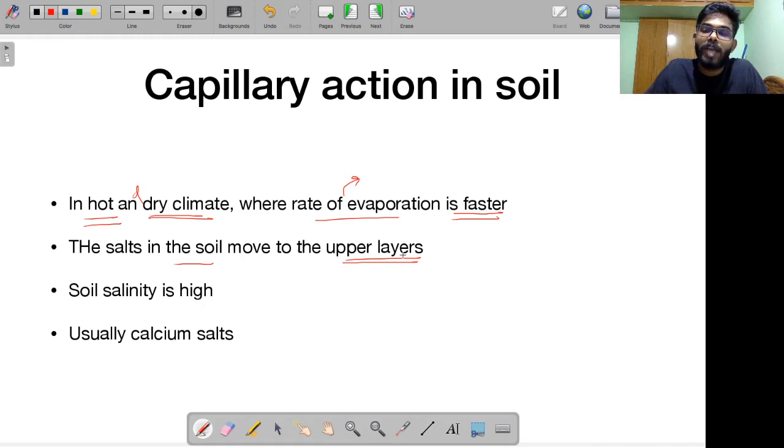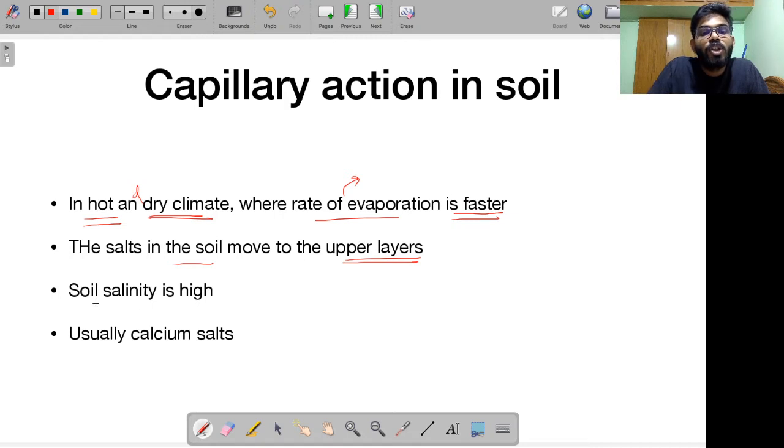I told you about capillary action when we were talking about the concept of transpiration. Also, I gave you the example of you trying to drink coke using a straw. When you pull on the straw, you are creating a suction pull, and that is what forces the liquid from the bottom to reach your mouth. That's the same thing happening here, except that there is no external force applied. The salts in the soil tend to move to the upper layers, because salts that are supposed to be beneath the layers of soil are moving upward.